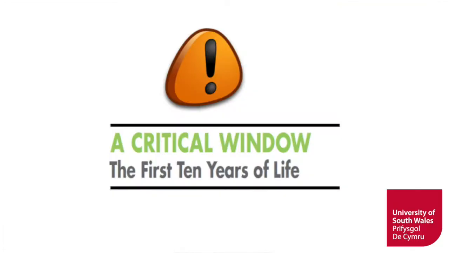What critical periods of development or critical windows of opportunity are is that at certain times in a young child's development, they are more open to learning, more susceptible to acquiring fundamental movement skills. It doesn't mean that becomes lost once the window is closed. It just means that their ability to develop that fundamental movement skill might be slightly less. And also what it doesn't take into consideration is that every young child is individual. Whilst the literature might say the window of opportunity opens here, it's not going to be at the same stage in every child. That doesn't take away from the point that a critical window is the first 10 years of life for young children,